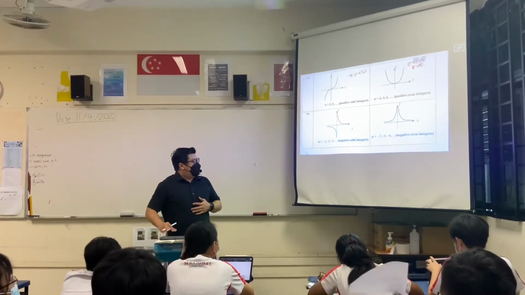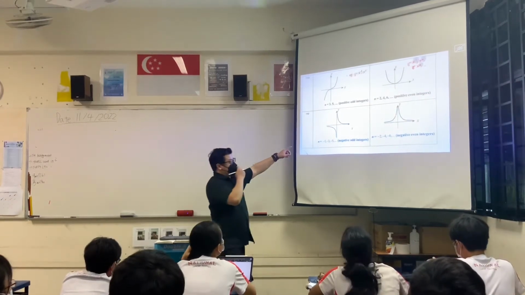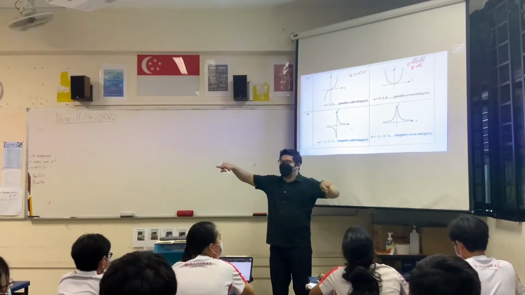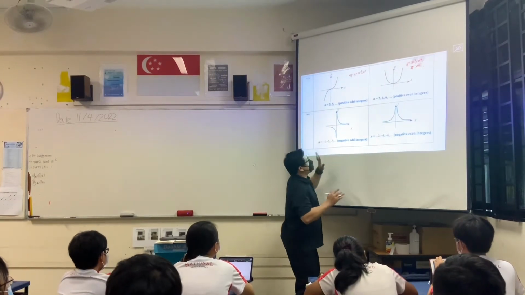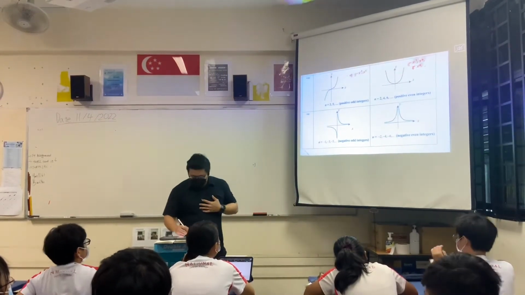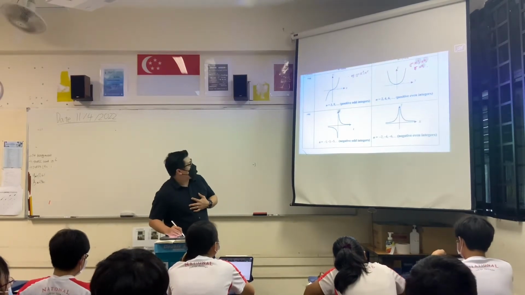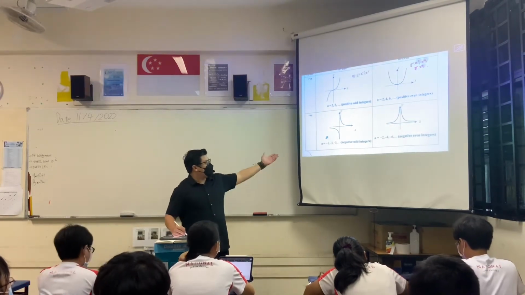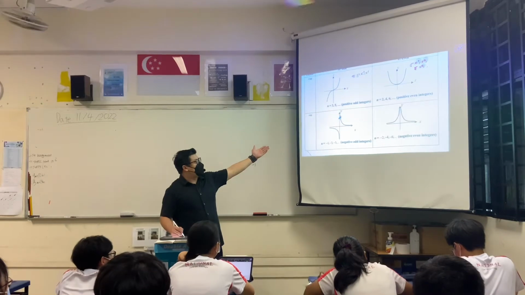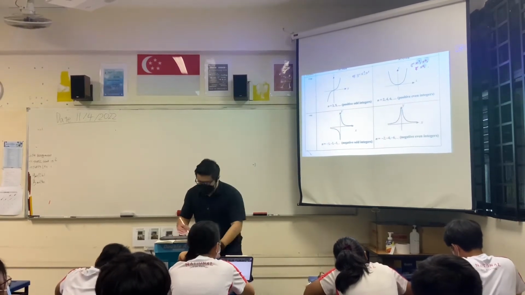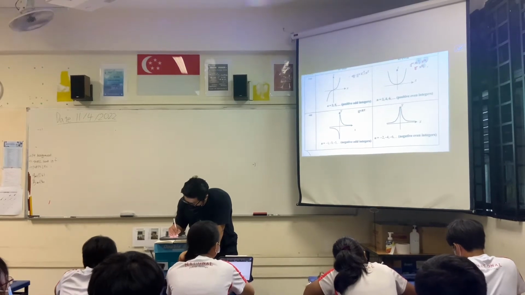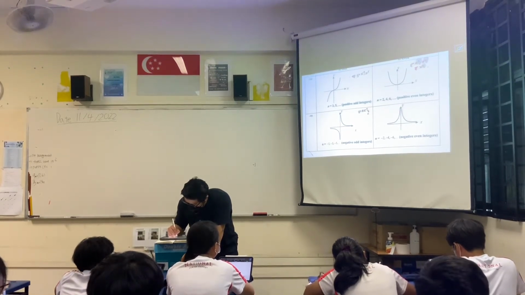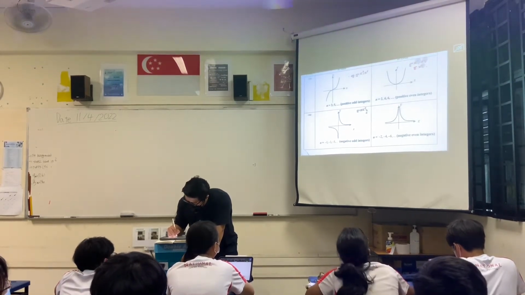So what if it's negative? This one looks a bit like the DBS bank. You know the DBS bank? When you compare this and this, what do you mean by this? When n is negative, it's something that asks you y equals ax to the power n, and you are saying that n is negative